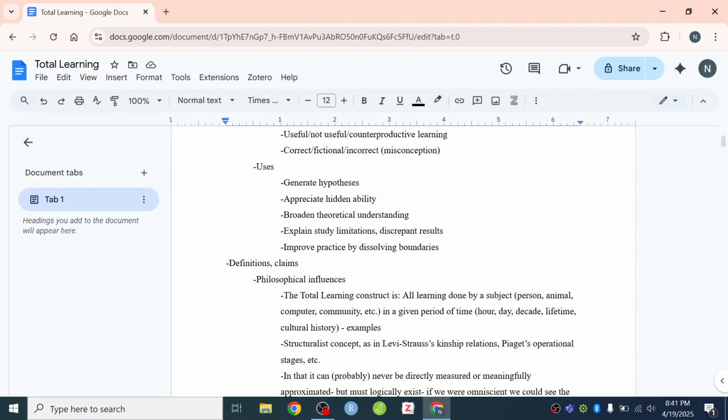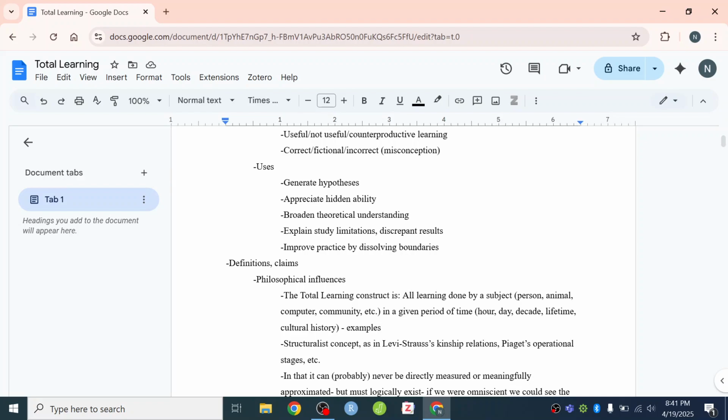Okay, so again, expanding that definition of learning and saying, what if we tried to measure all of the learning that was done by a subject in a given period of time? We find very quickly that that would be a very, quote unquote, large amount, in fact, an immeasurably large amount. And there would be many kinds of learning that would be very difficult for us to directly measure. And we'll talk about exactly how expansive that definition is as we go. But on first glance, we can see it's going to be quite a lot of different things included in the total learning construct.